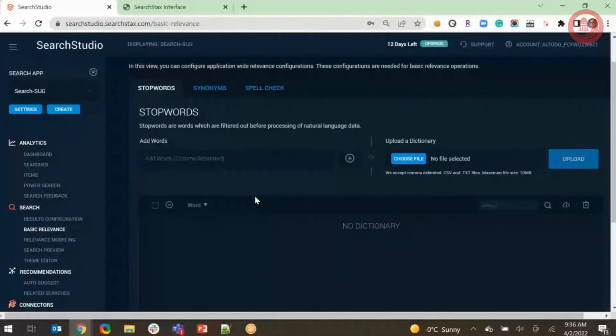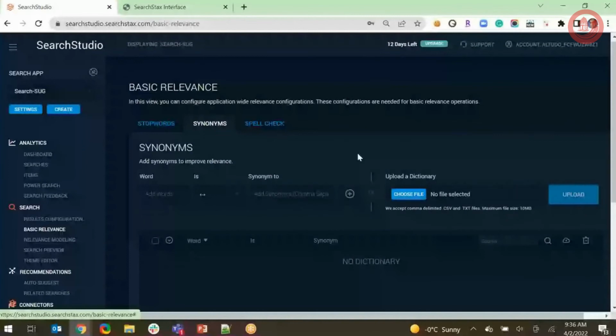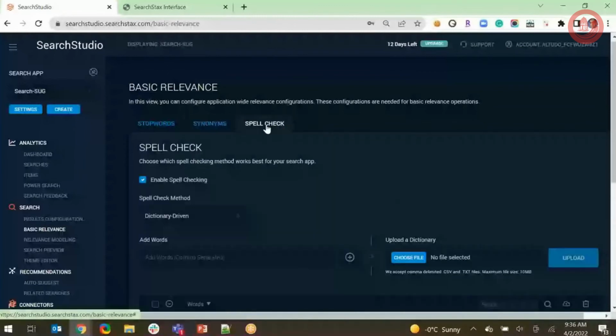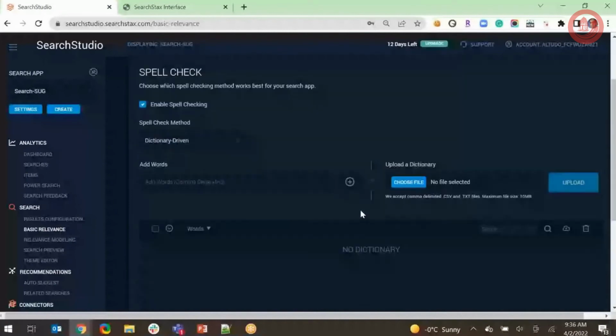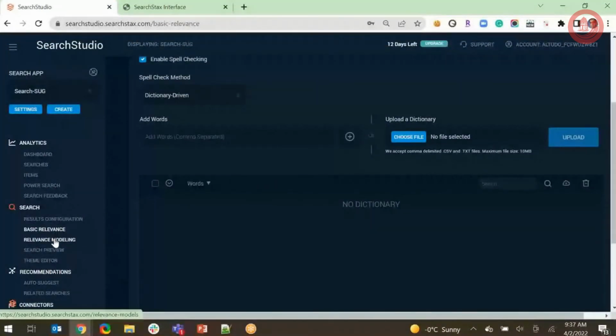Basic relevance: I mentioned that stop words are there, you can add words, or you can upload a dictionary. There is a synonyms file, very similar: this word is a synonym to this one, or you can choose a file. Spell check is also available. If there are any specific items you want to show,